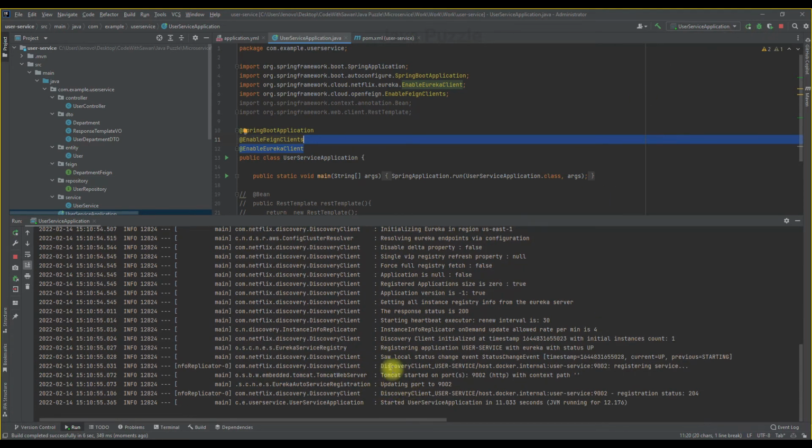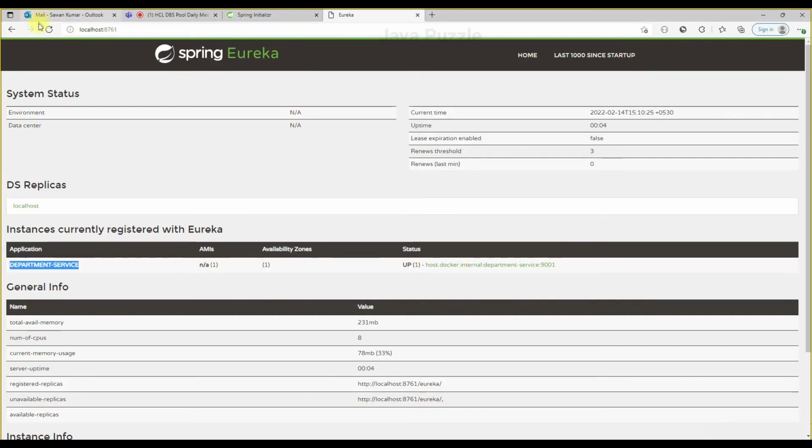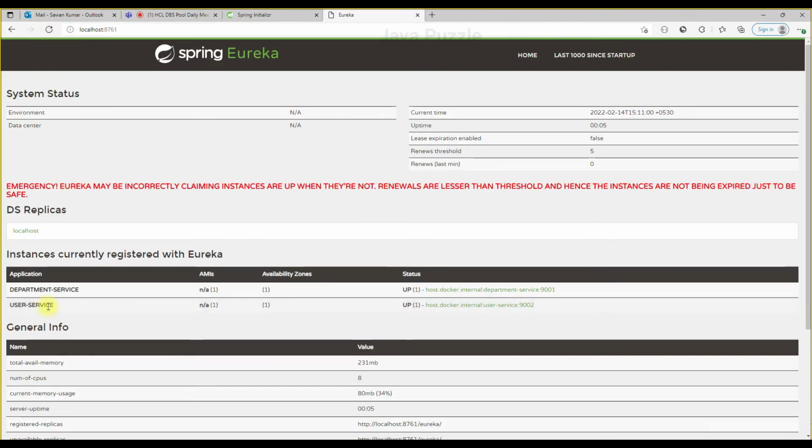Okay, so it's also running. Let me show you, the user service and department service, both are registered here, and this one is working on port number 9001, and user service will run on 9002.